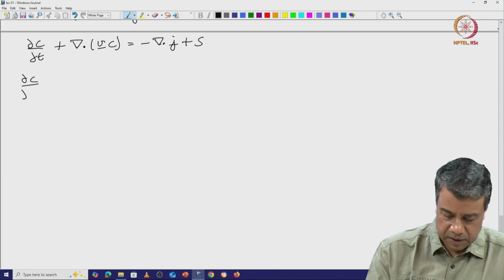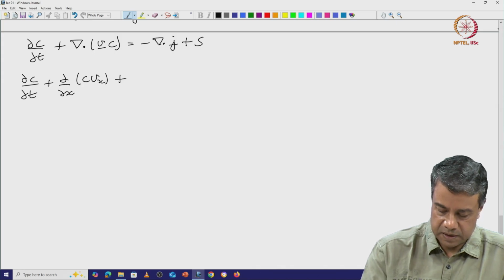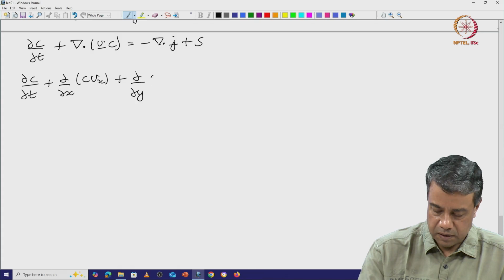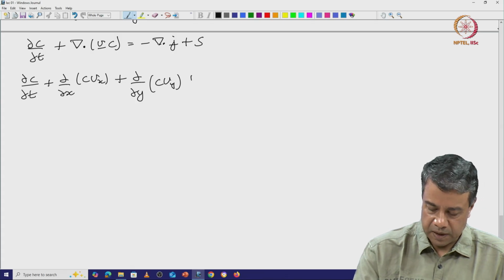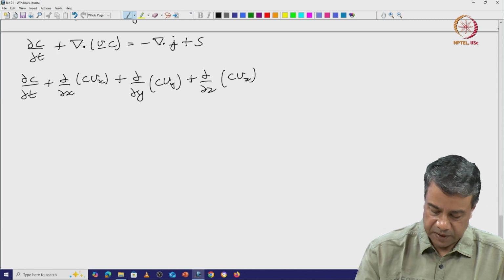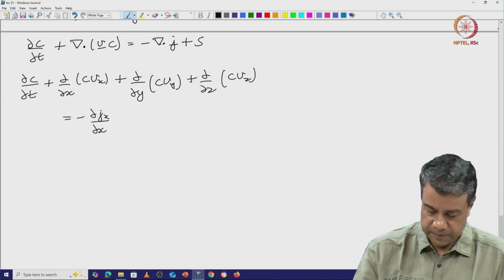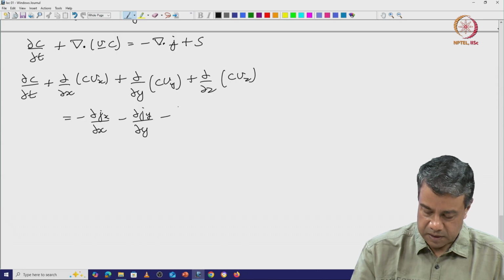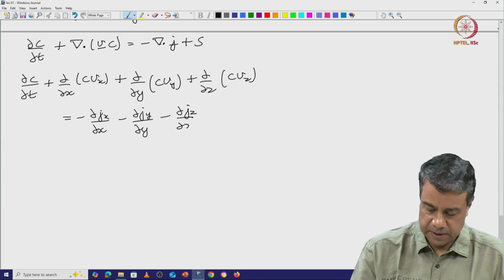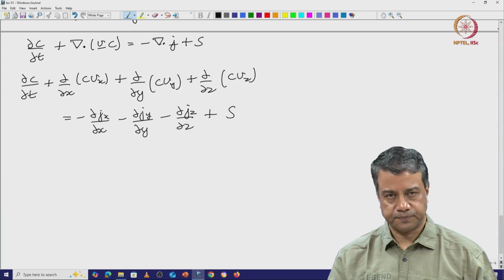partial c by partial t plus partial by partial x of c Vx plus partial by partial y of c Vy plus partial by partial z of c Vz is equal to minus partial jx by partial x minus partial jy by partial y minus partial jz by partial z